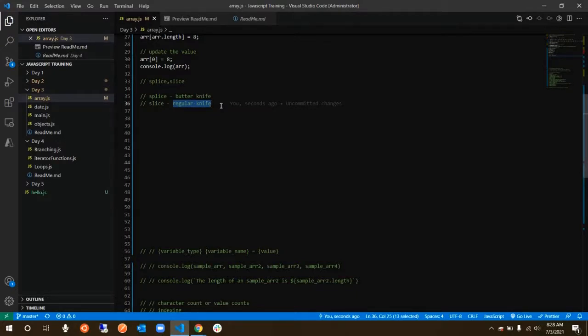What you do, you use the butter knife in order to apply butter or jam in between your two breads. That means two breads are already there, and you are putting something in between. You are able to add something in between. That's the first choice. Or you can also use it to remove the extra butter from the ends. So it is used for both purposes. Splice, your butter knife, is used to add something or to remove something, whereas slice, your regular knife, is used only in order to cut something, right?